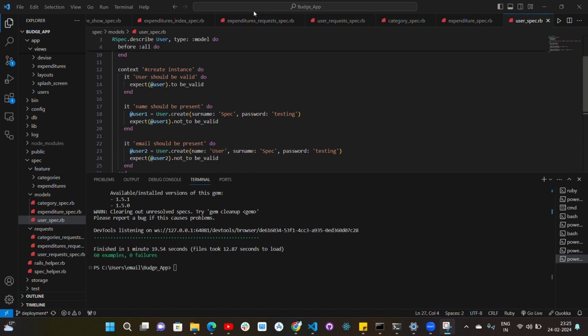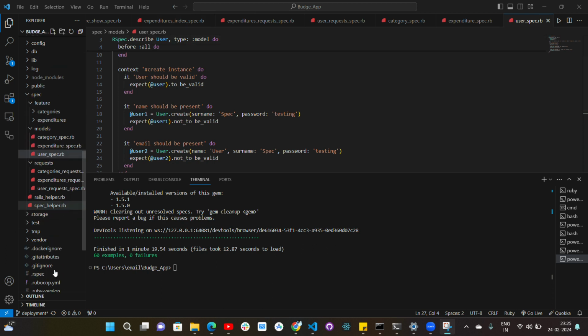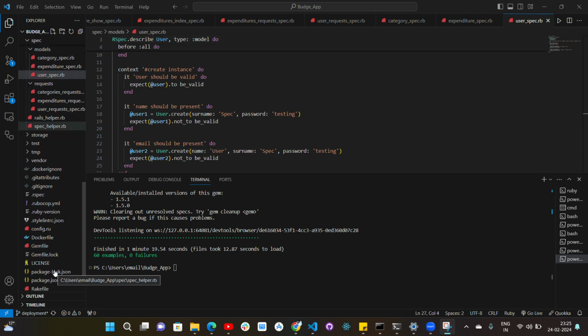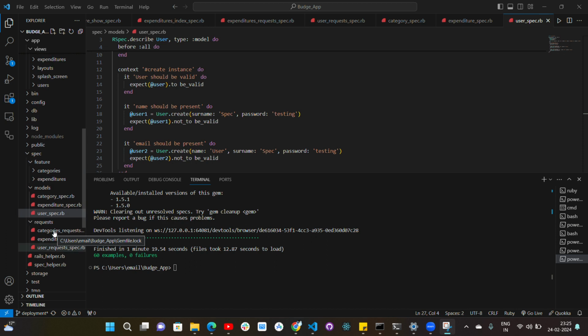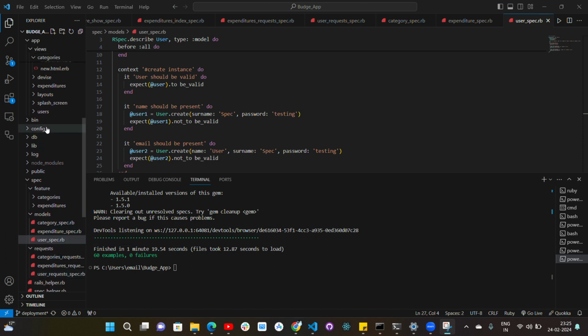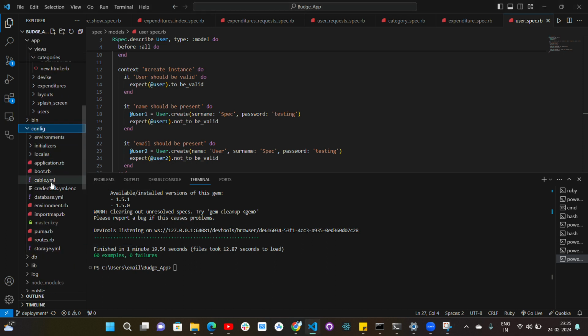Before deploying, we have to ensure that all the linters are passing and all the test cases are passing. Now we can move to the next steps, that is, to deploy our Ruby on Rails app to Render. First, we have to go to the config folder, then we have to create